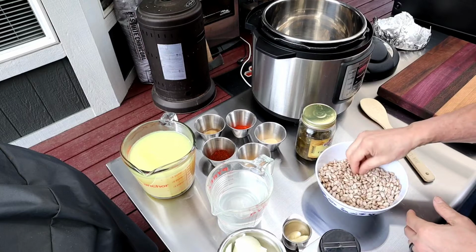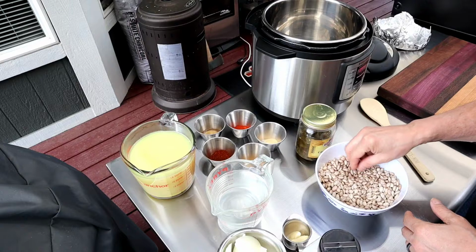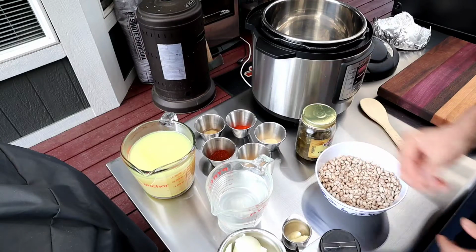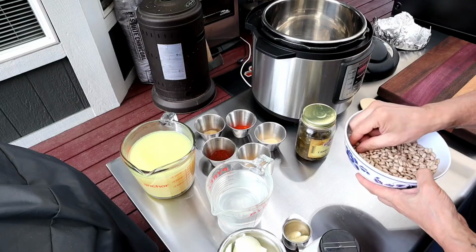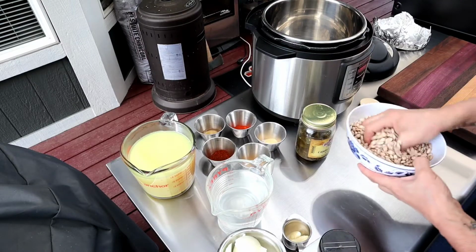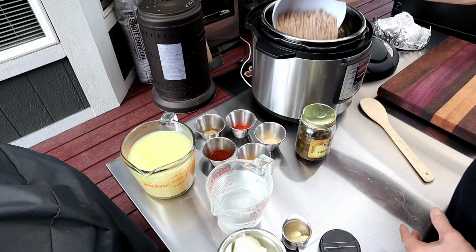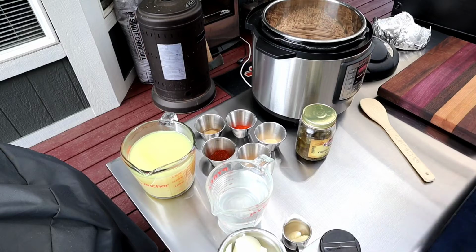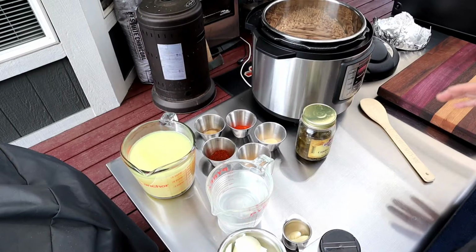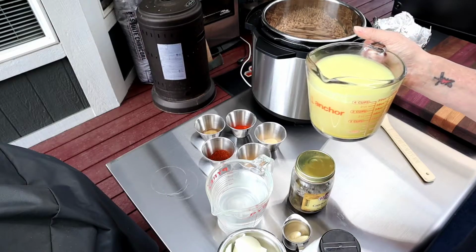Okay, first thing you want to do is rinse your beans and pull out any of the broken beans or rocks, because they will come with some gravel and whatnot in there. So I've gone through this, I've rinsed them already and pulled out the bad ones. Let's go ahead and put the beans in there. I have about a pound of them, and that's roughly about 2 cups. I have 4 cups of chicken broth,